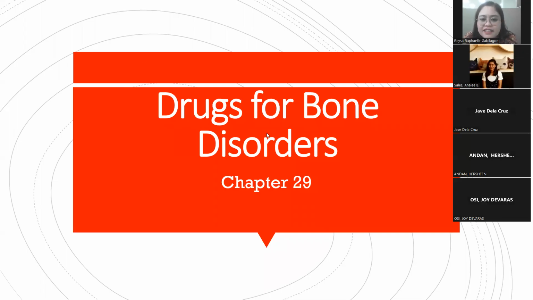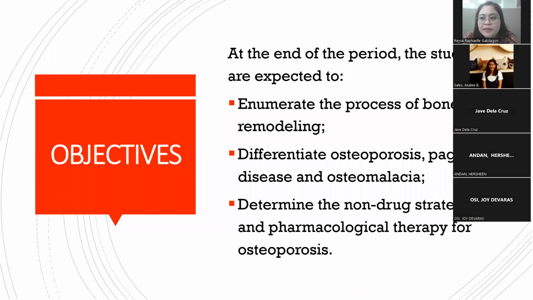Okay, let's start. Let's have our drugs for bone disorders. This is chapter 29, I think, sa Katzung, but 35 ata ito sa Lippincott. Hindi kasi sila magkapareho ng chapter. Okay? So, for these lessons, we will be enumerating first the process of bone remodeling, and then we will talk